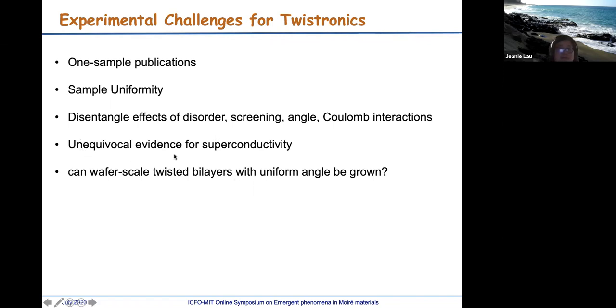And the observation of superconductivity, apart from in twisted bilayer graphene, could be a little bit controversial. And so what would be equivocal evidence for superconductivity? For example, is a sharp decrease in resistance enough? Is zero resistance enough? Or should we have some sort of hallmark of superconductivity, such as the Meissner effect or microscopic coherence, to prove